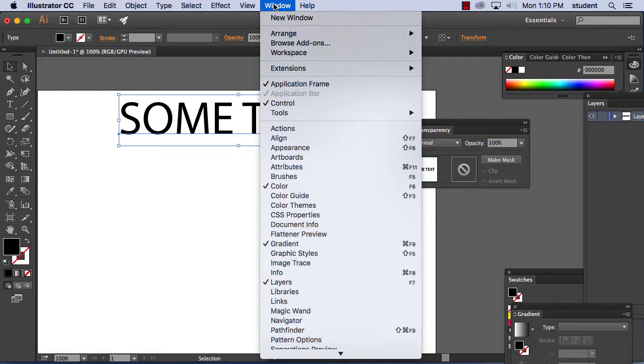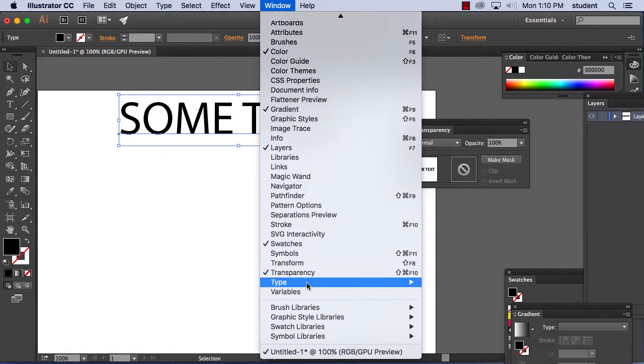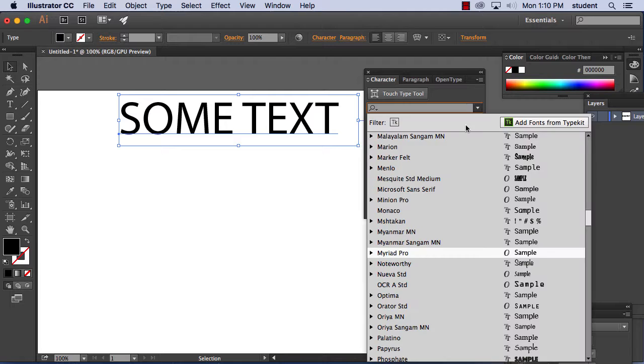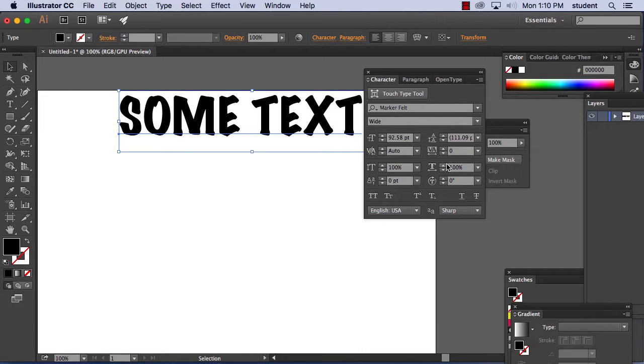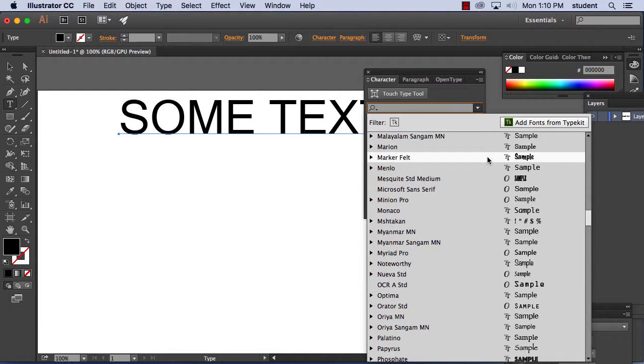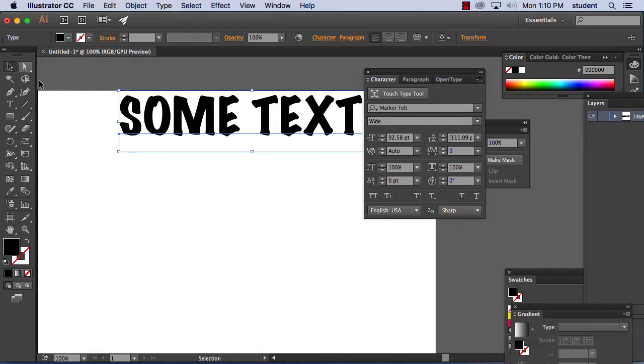There's a whole bunch of windows for typography inside of Illustrator. Probably the easiest one to use is called character. So if you go under window, type, you go to character. And then the character option is if you have your text selected using the black or direct select or the selection tool here, you can go over to the character window and change the font right there without having to select it. If you're using the type tool, you can't really come over here and change it. Oh, it did work, but I don't know. You don't have to select it. I just use the black arrow. There we go. And again, under character here,